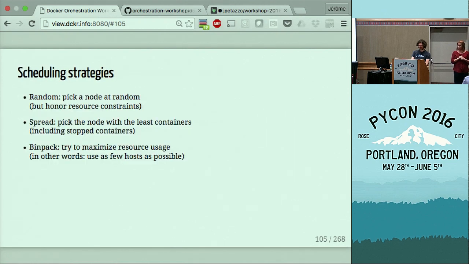All right. The Swarm will schedule the containers on the cluster, and it can do that following different strategies. There is the random scheduler, which means just put containers at random. There is spread, which means try to spread the load across the cluster, which really means place the container on the node that has the lowest count of containers, including stopped containers, which can be a little bit weird because,